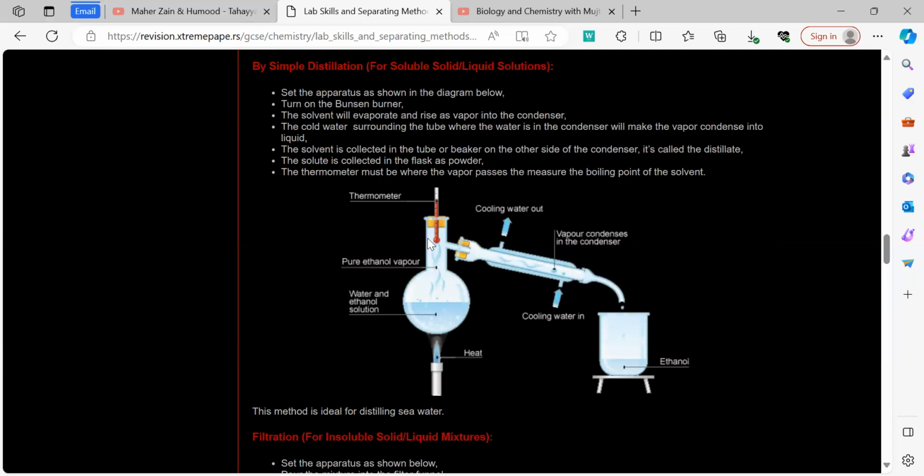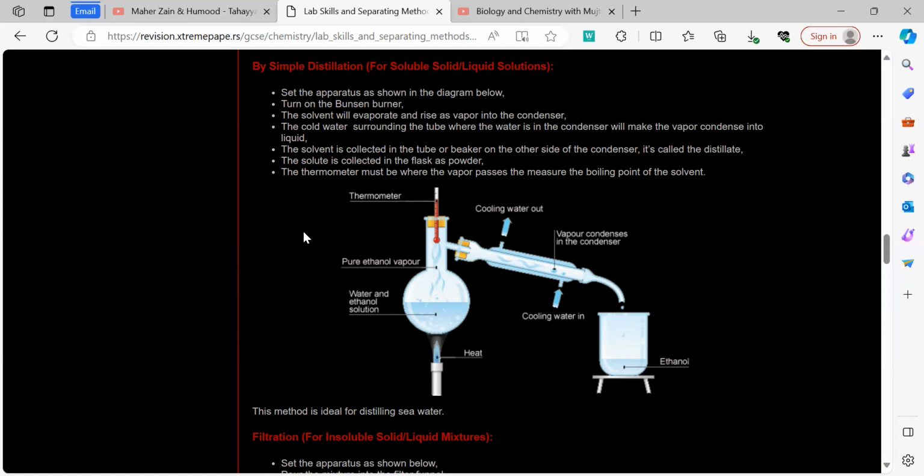Similarly, a thermometer is needed to assess the temperature, and similarly heat is applied. You can see this mixture of water and ethanol. As we all know, water has a boiling point of 100 degrees, whereas ethanol has a boiling point of 78 degrees. Therefore, ethanol will evaporate first initially, and water will follow